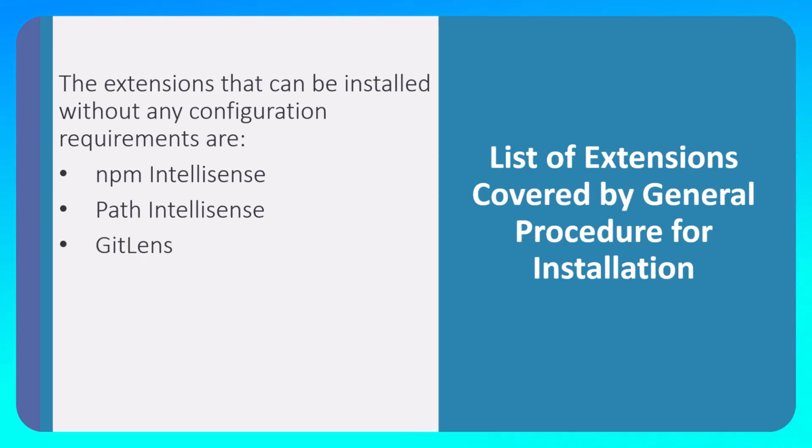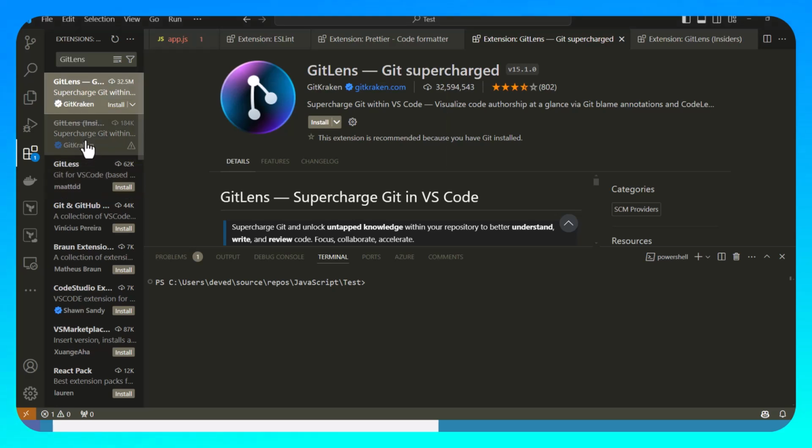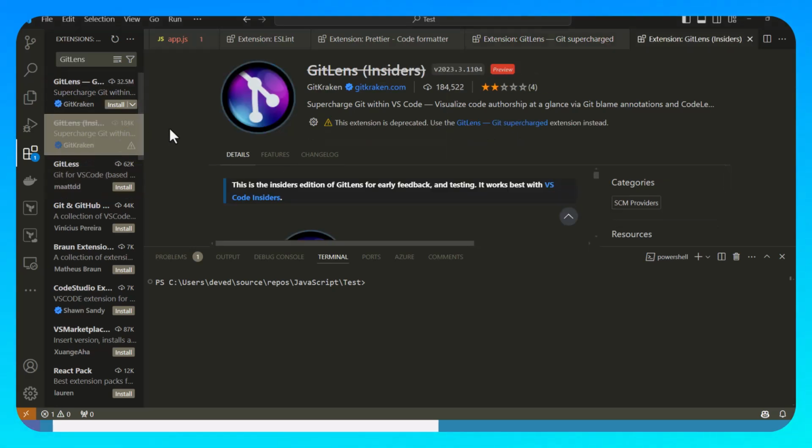Next is GitLens. GitLens supercharges the Git capabilities built into VS Code. It provides insights into code authorship, history, and more. Now, what I find with GitLens is that the name has changed a bit. I'll show you quickly. You can see GitLens is still there, but it is actually deprecated. Instead, this has become